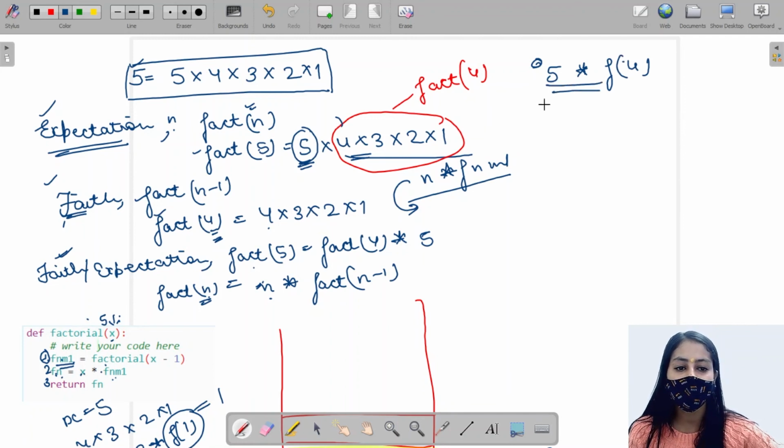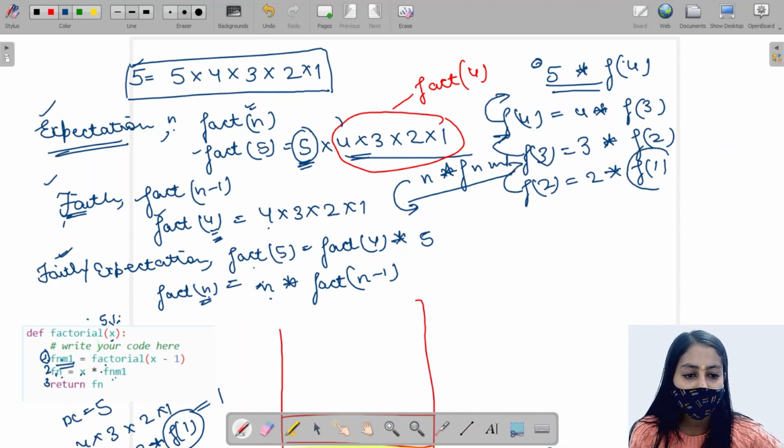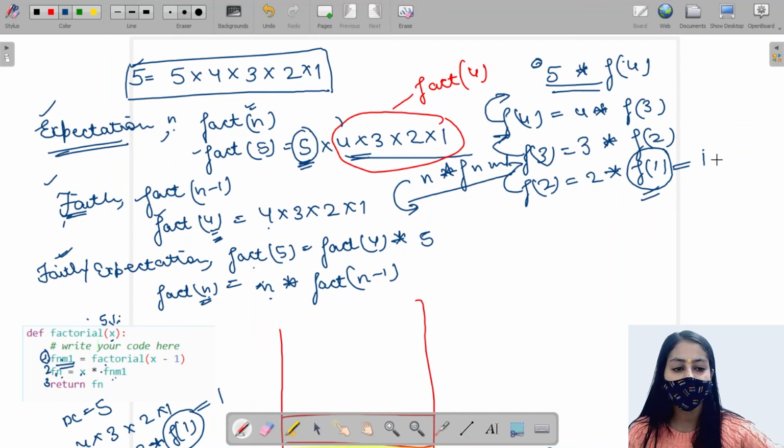So we are getting a result. In case of factorial of 4, 4 multiplies itself with factorial of 3, we are getting the correct result. In factorial of 3, 3 multiplies itself with factorial of 2, we are getting the correct result. In factorial of 2, 2 multiplies itself with factorial of 1, we are getting the correct result. So factorial of 1 is what? 1 always. So this is our base case. The base case is returning us 1, so we are getting the factorial for 5,